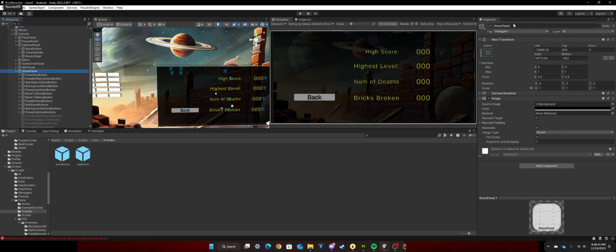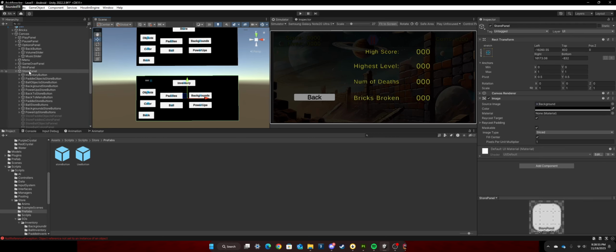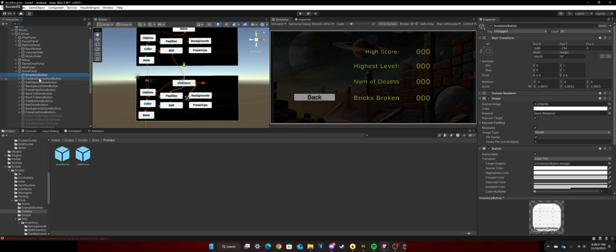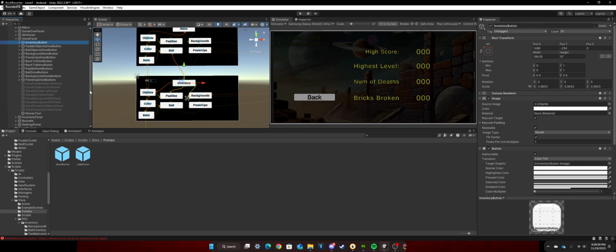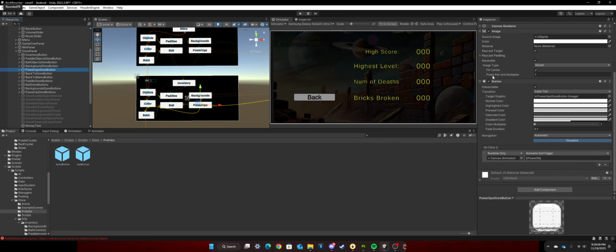So I first made a store panel, just a normal panel, and then in that, let me actually go to it right here. Inside the store panel, I have created several buttons as well as additional panels. Each of these buttons right here will call an animation. For instance, this power up store button will call the power up object